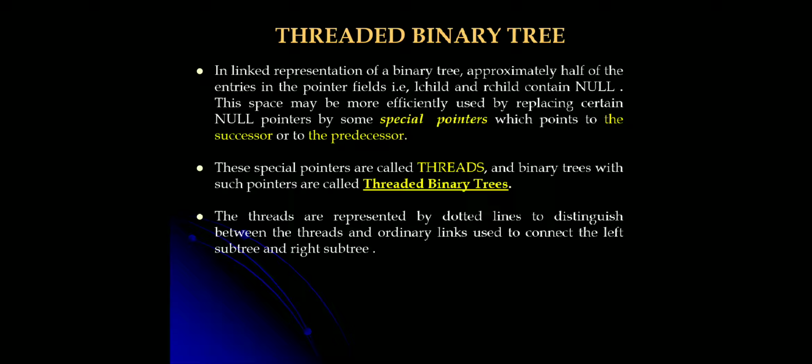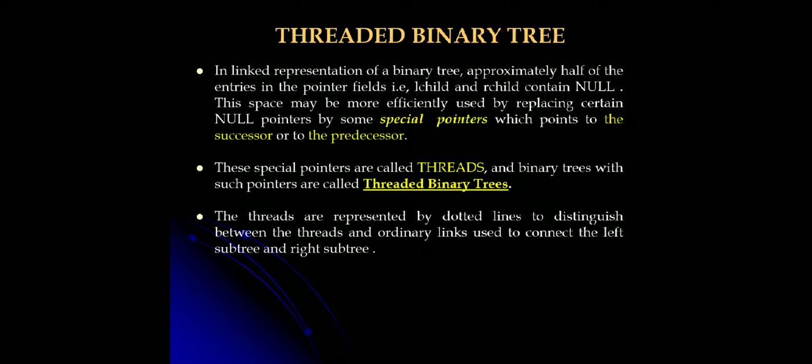Coming to another type of binary tree, that is the threaded binary tree. You can observe that in the binary tree linked list representation, most of the fields, whether it may be the L child field or R child field, will be null. So instead of leaving these left or right child fields null, we can fill these pointer fields with some valid address. It may be a successor node address or predecessor node address. That we are going to call threads. So special pointers called threads we are going to store in those fields, L child and R child. Such a tree we are going to call a threaded binary tree.